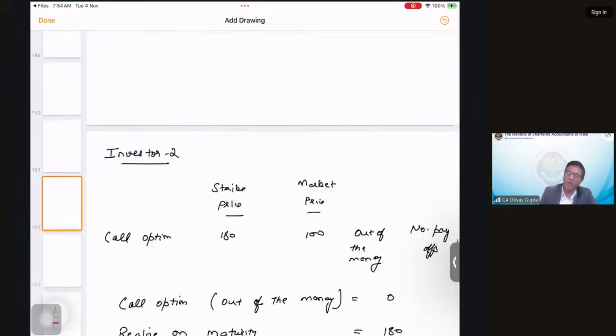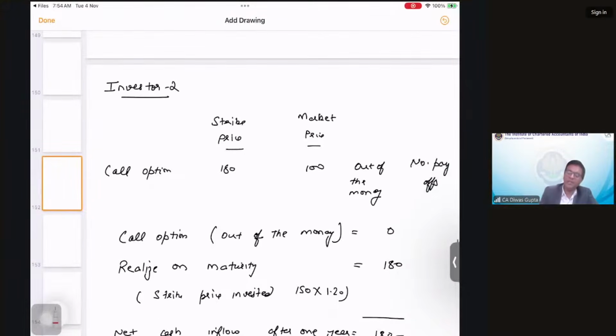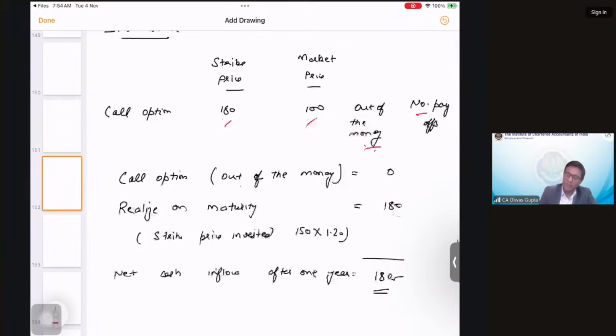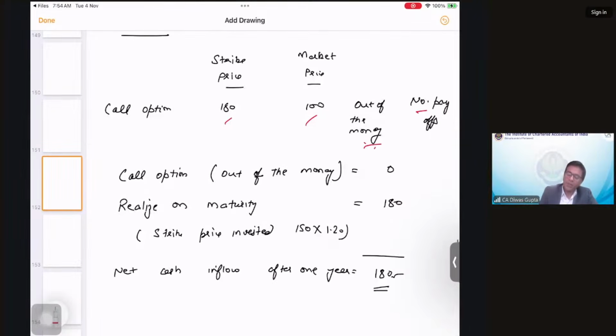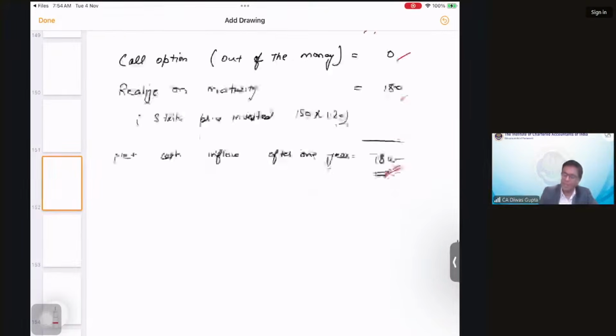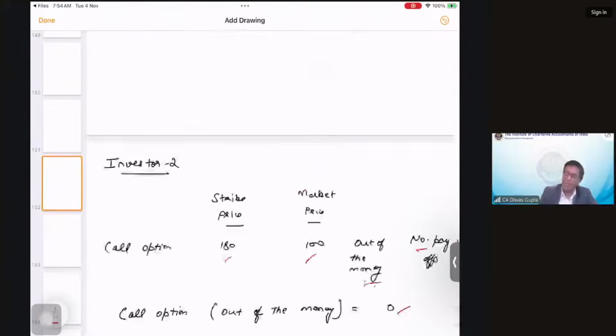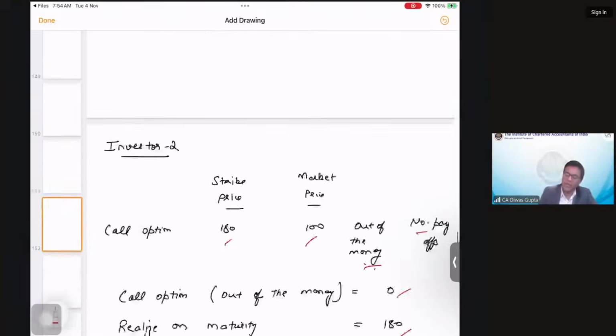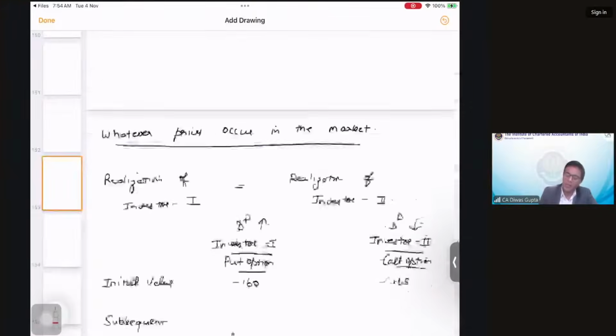Now, if we talk about the call option holder, the strike price was 180, market price is 100. It will not be considered. It is out of the money, so zero, and this 180 will be realized on maturity using the present value of the strike price. So overall, we will get 180 rupees. Okay, net cash inflow after 1 year. So if you see, students, here also 180 and here also 180. So just to summarize,